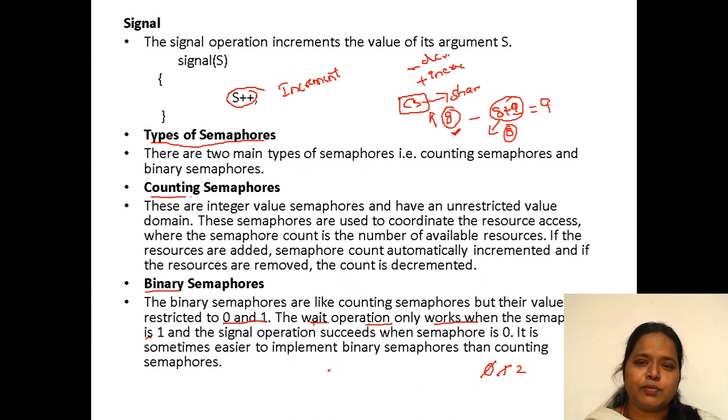So either we can use binary semaphores for the critical section problem, or we can use counting semaphores for the critical section problem. Here our main motto is, the resources that are placed in the critical section should be used by only one process at a time. So that is the main motto of our process synchronization, right? So how are we going to achieve it, in the sense, by making use of semaphores. We can achieve it by making use of a binary semaphore, or by making use of a counting semaphore.